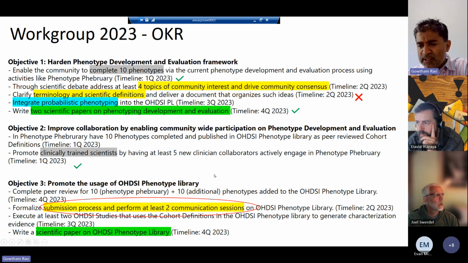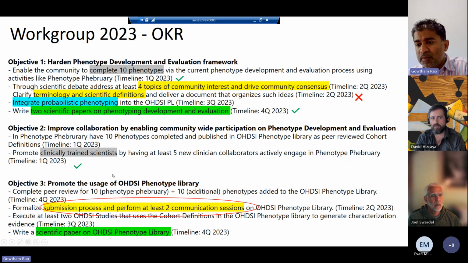This was many months ago. We ranked ourselves on how we are doing, and I think we're still doing very well. I think we can add a few more check marks. The things that we need to work on are some terminology and scientific definitions. I think there's still a gap there. But I think we have started making progress on scientific papers, and I'm really excited about that. We can talk a little bit more in the agenda.